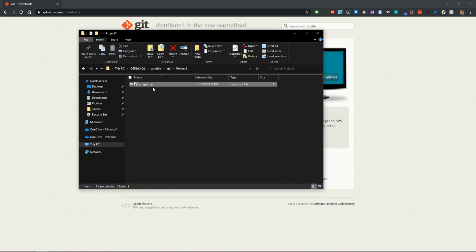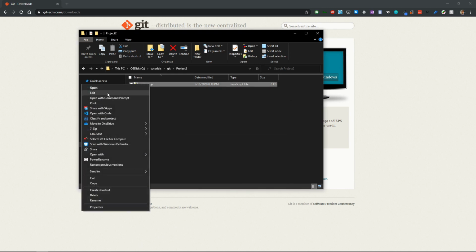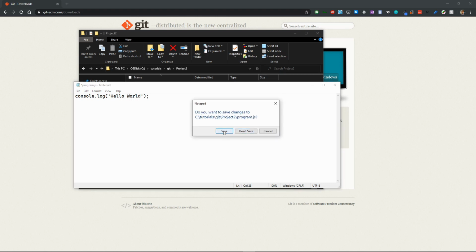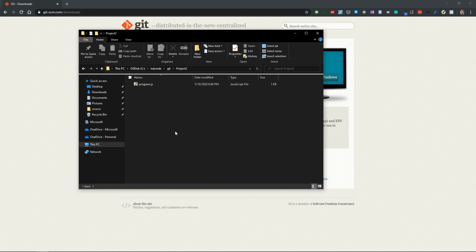Now let's modify this particular file. I'll open it in Notepad, but you can use your favorite code editor, and I'll just write console.log hello world. Don't worry if JavaScript is not your default programming language. If you don't know any programming language, you can even create a simple text file to demonstrate how to create a repository. Now we have the program.js.